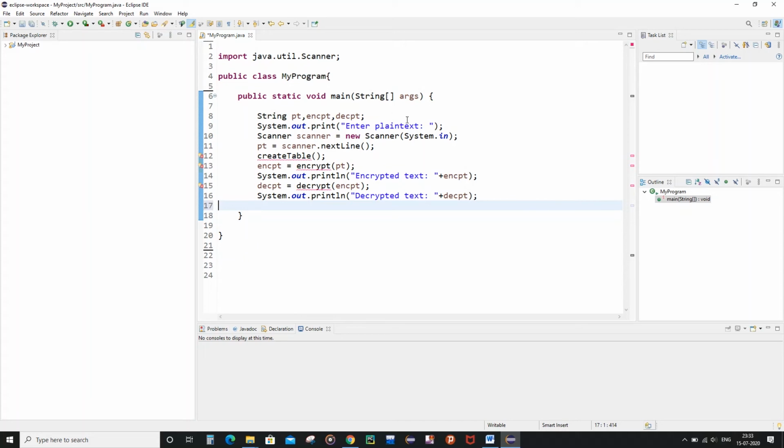Now let's start by declaring the global matrix variable and writing the definition for the function which is going to make the table.